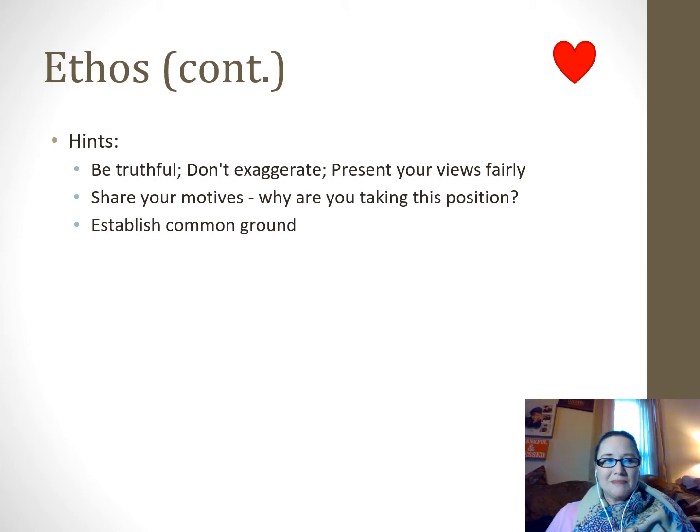Your audience, especially one who is really against what you're thinking and what you're saying, needs to know that you're coming from the same place. I mean, think about it. When people try to persuade you and they are nothing like you and they're misrepresenting what you believe, and yet they're trying to persuade you to come to their side, they're missing it. They're not establishing common ground. You can look at this person and say, hey, we are two really different people. We have nothing in common. That person doesn't understand where I'm coming from. Therefore, they can't persuade me. So that common ground is really tricky to establish, but essential.